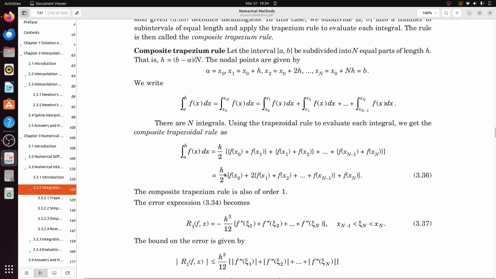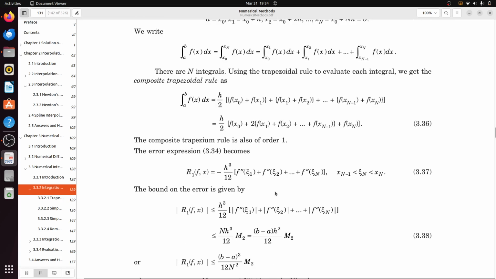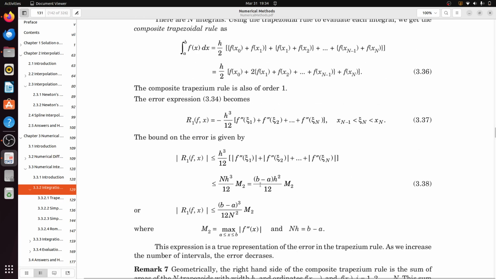So this is the formula for composite trapezoidal rule: h by 2 into f(x0) plus 2 into (f(x1) plus f(x2) and so on up to f(x(n minus 1))) plus f(xn). And the error for composite formula: